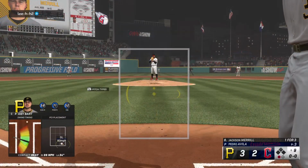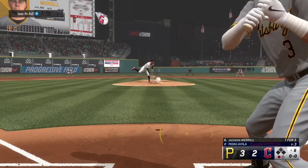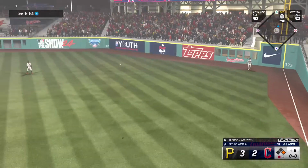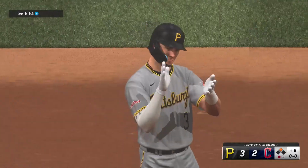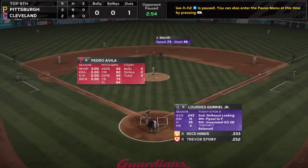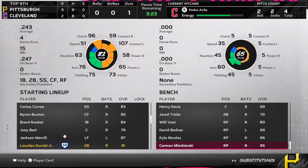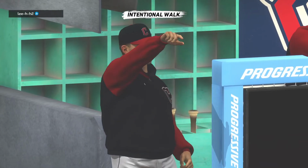So digging in, Jackson Merrill. Liner, and that should be extra bases. And that's going to kick into the corner. Around first and hustling for second. Throws off target as he slides in with a double. First pitch swinging, went up there with a plan to be aggressive. That was a pretty good pitch. Breaking ball down. Down and in, but when it's breaking in toward you...